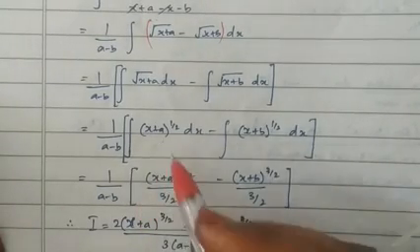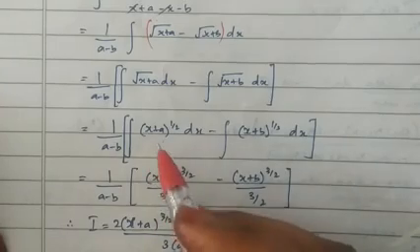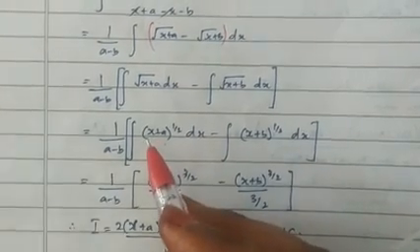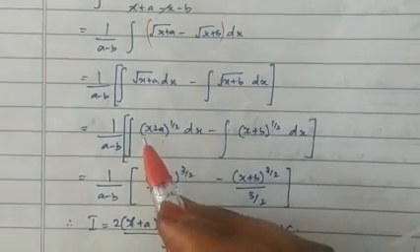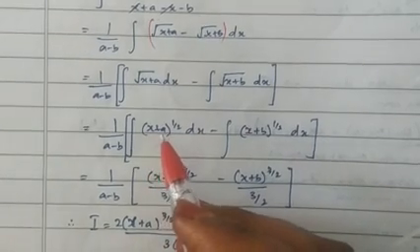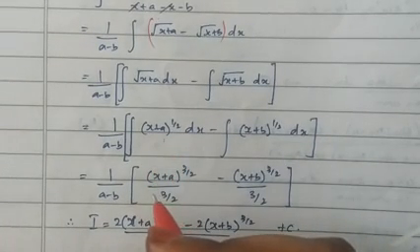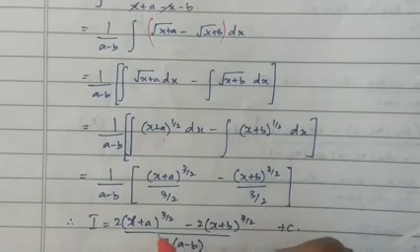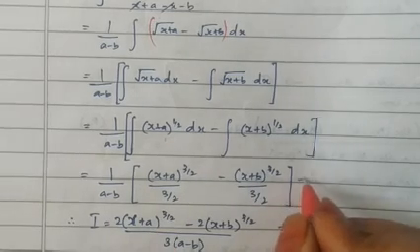Now when you integrate, if there is a coefficient of x other than 1, or if it is negative, you need to be extra careful. But here it is 1, so no need to worry about that. So you can just integrate as it is. Integral of x power n into dx is nothing but x power n plus 1 divided by n plus 1, plus a constant of integration.